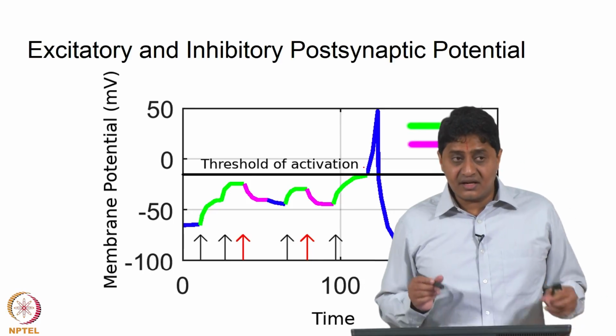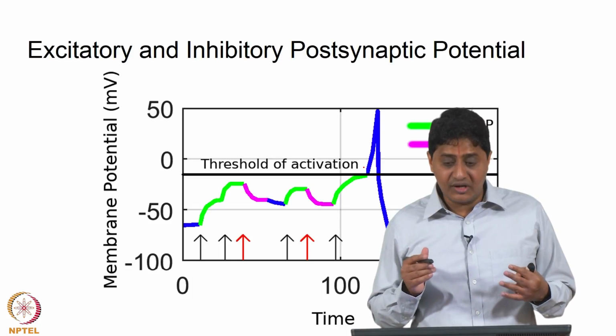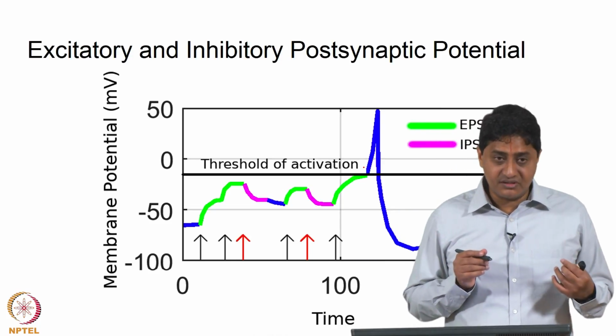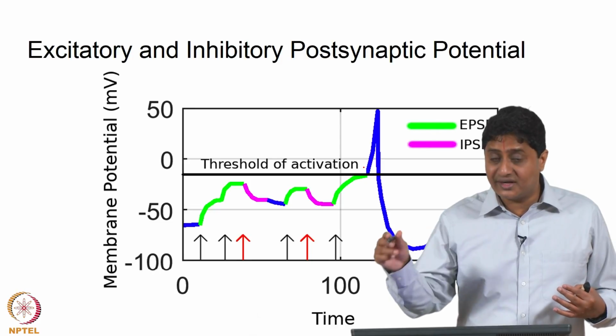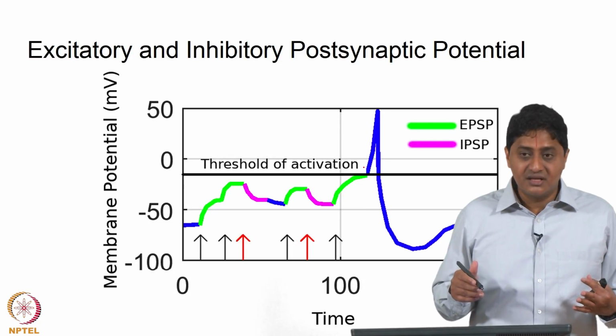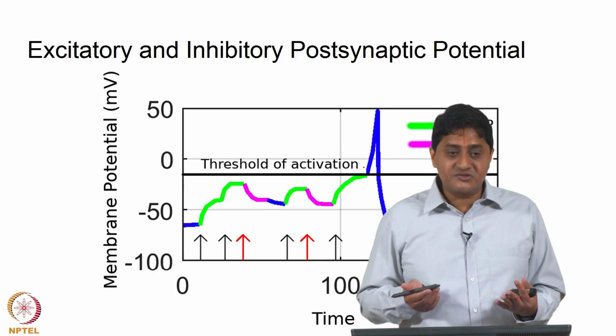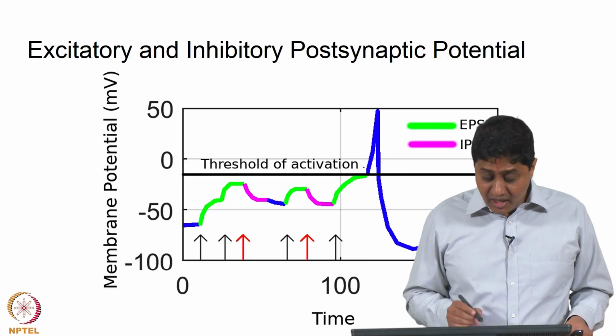If these are arriving from the same spot, but are following one after the other temporally, there is temporal summation. Or these could arrive at the same time from multiple dendrites, from multiple points in space, then the summation happens spatially. We call this spatial summation, as in previous classes, is it not?